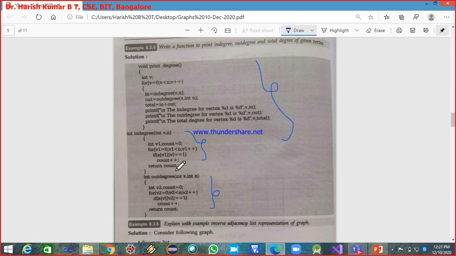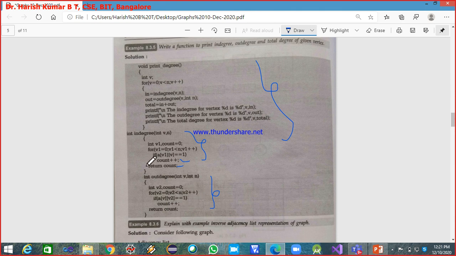So if a[v1][v] is equal to 1, I increment the count plus plus and finally return. The variable used here is v1, which finds the column sum, and the variable used in the other function is v2, the second index, which finds the row sum.